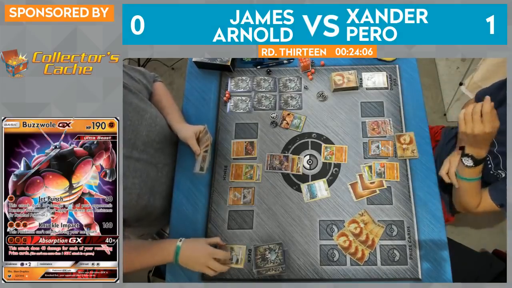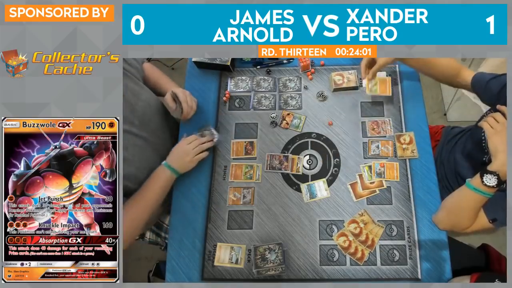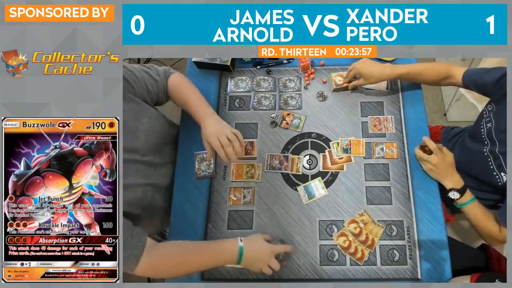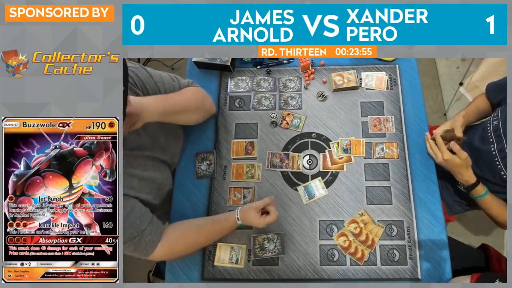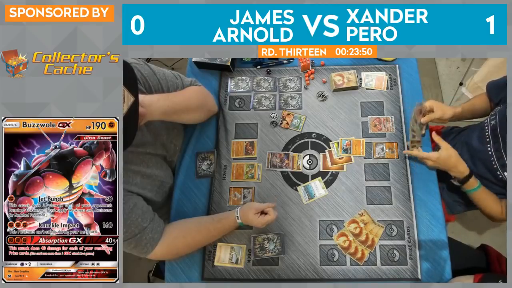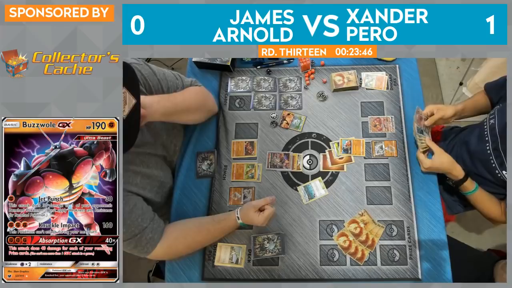James also plays Oricorio, which is something that could come into play for just one energy card. It can do a ton of damage to a Buzzwole GX with Revelation Dance, that second attack. James puts the other 30 on that Rockruff, so now it's at 60. It's got 2 basic fighting energy and a Strong. So if he can find a Strong energy, which he does have, Dangerous Rogue will knock out this Buzzwole GX,